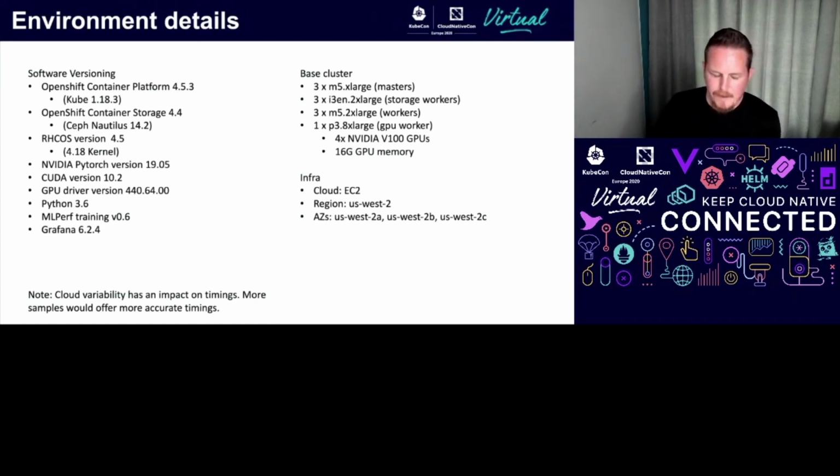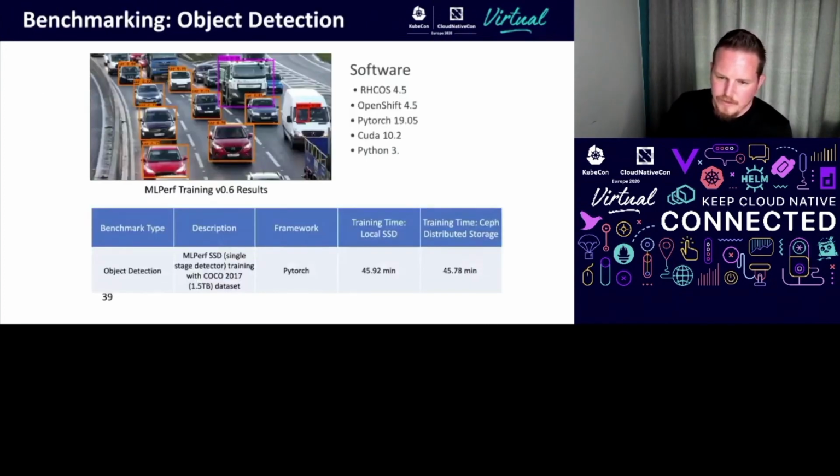We used EC2 to run our cluster, US West 2 region, and then we spread the masters, storage, and worker nodes across different availability zones for fault tolerance. But of course, because we only had one GPU worker, it was in a single availability zone.